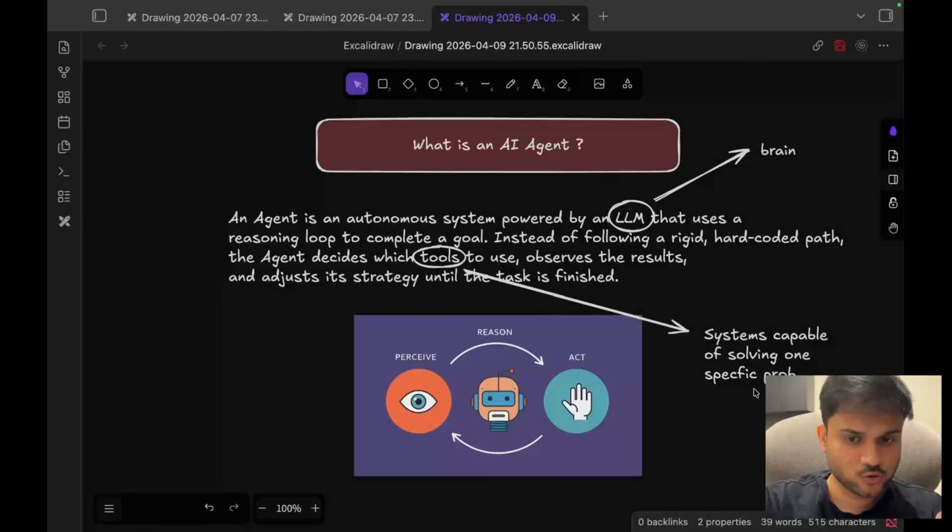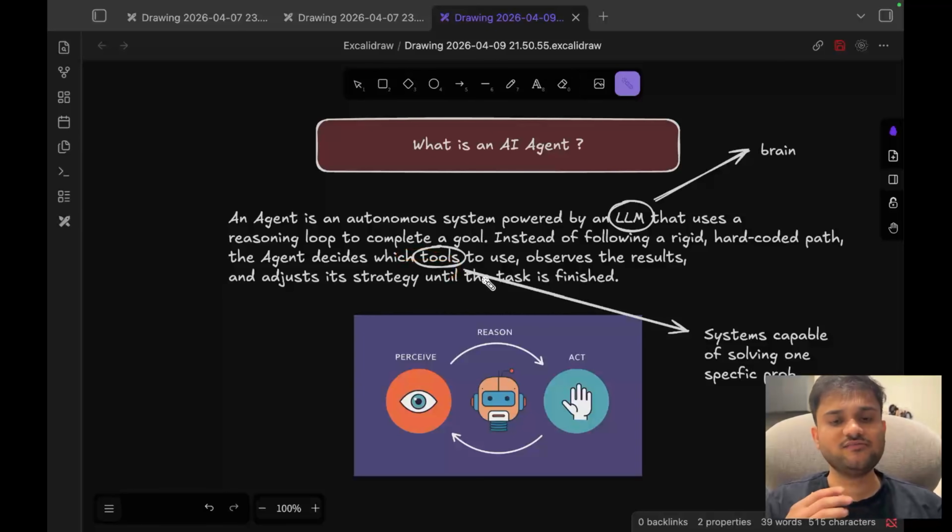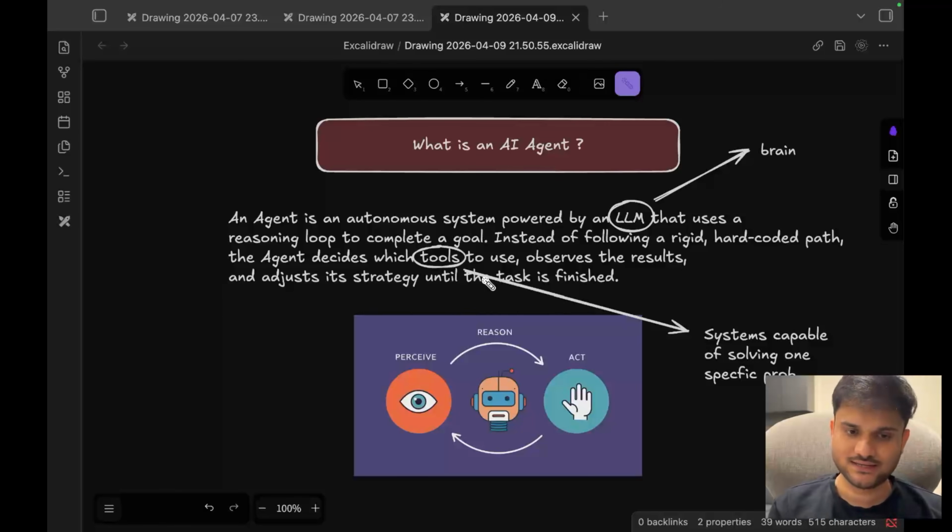So agents are going to leverage the capability of tools. We can define what all tools an agent can use, and then using the LLM that is running behind the scenes, it will try to figure out the reasoning of what the problem is in hand and what tools I have. Now, using those tools, it will start solving the problem. Based on what results it gets using those tools, it will adjust its strategy, for example whether any other tool in the given namespace scope can be used. So it will adjust the strategy until the task is finished.